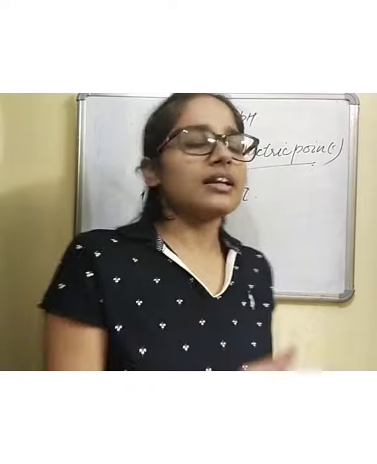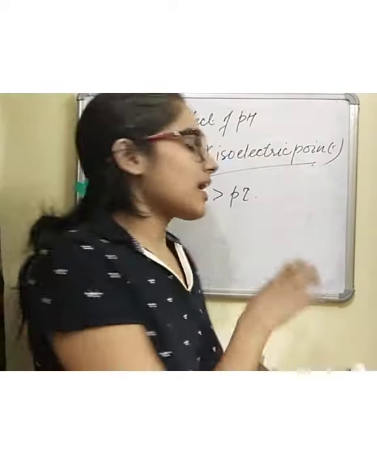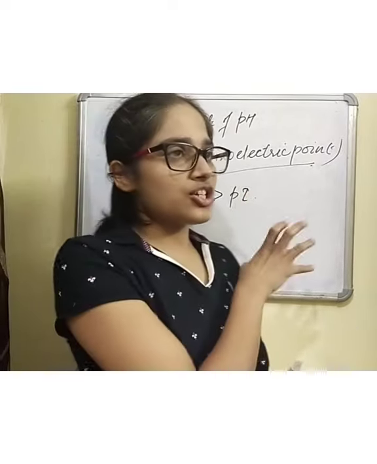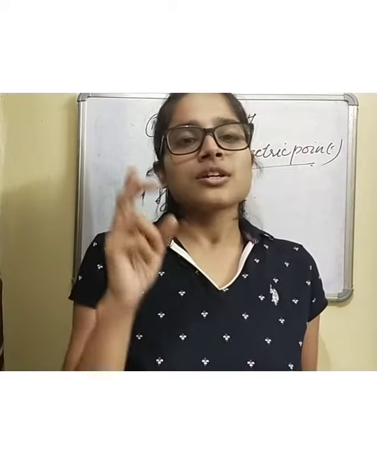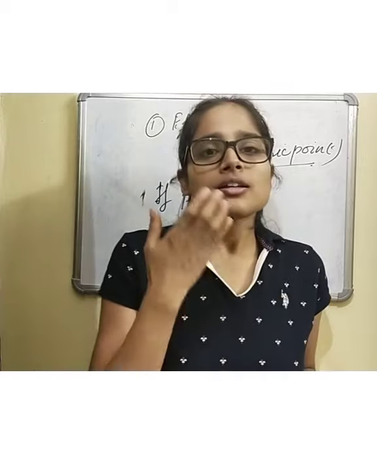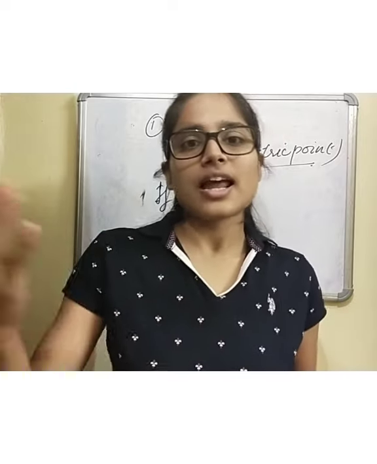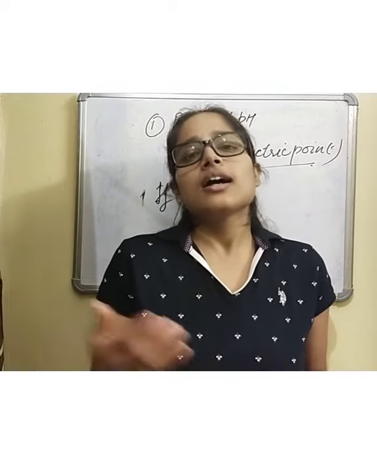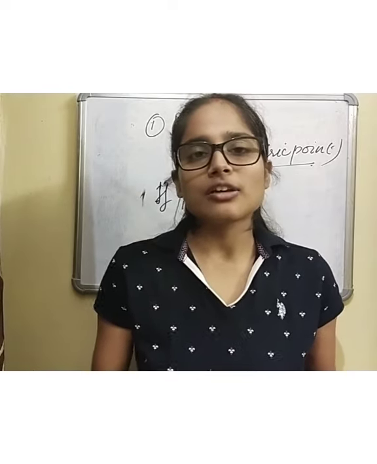So the surface of the molecule is predominantly negatively charged when the pH is greater than pI, and because the surface is negatively charged, and you all must be aware that like charges repel each other while unlike charges attract each other, the negatively charged molecules will